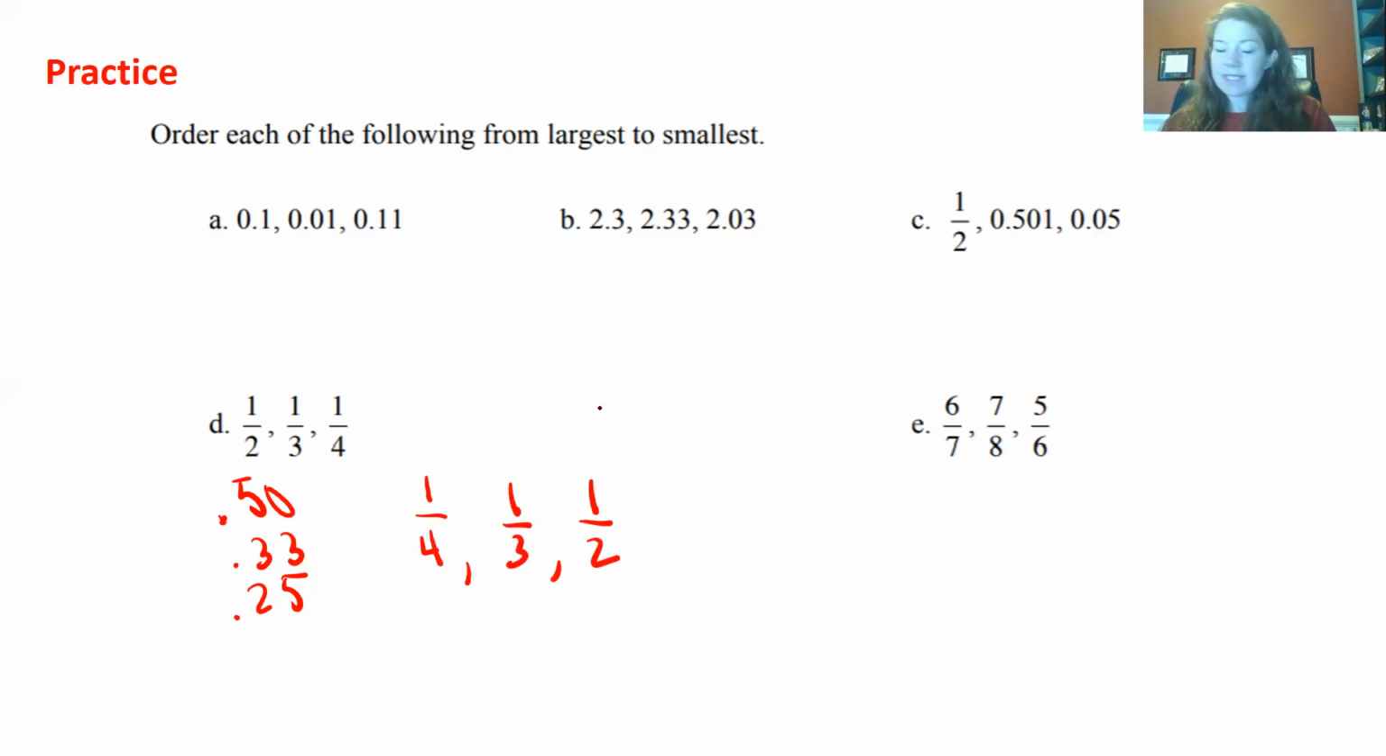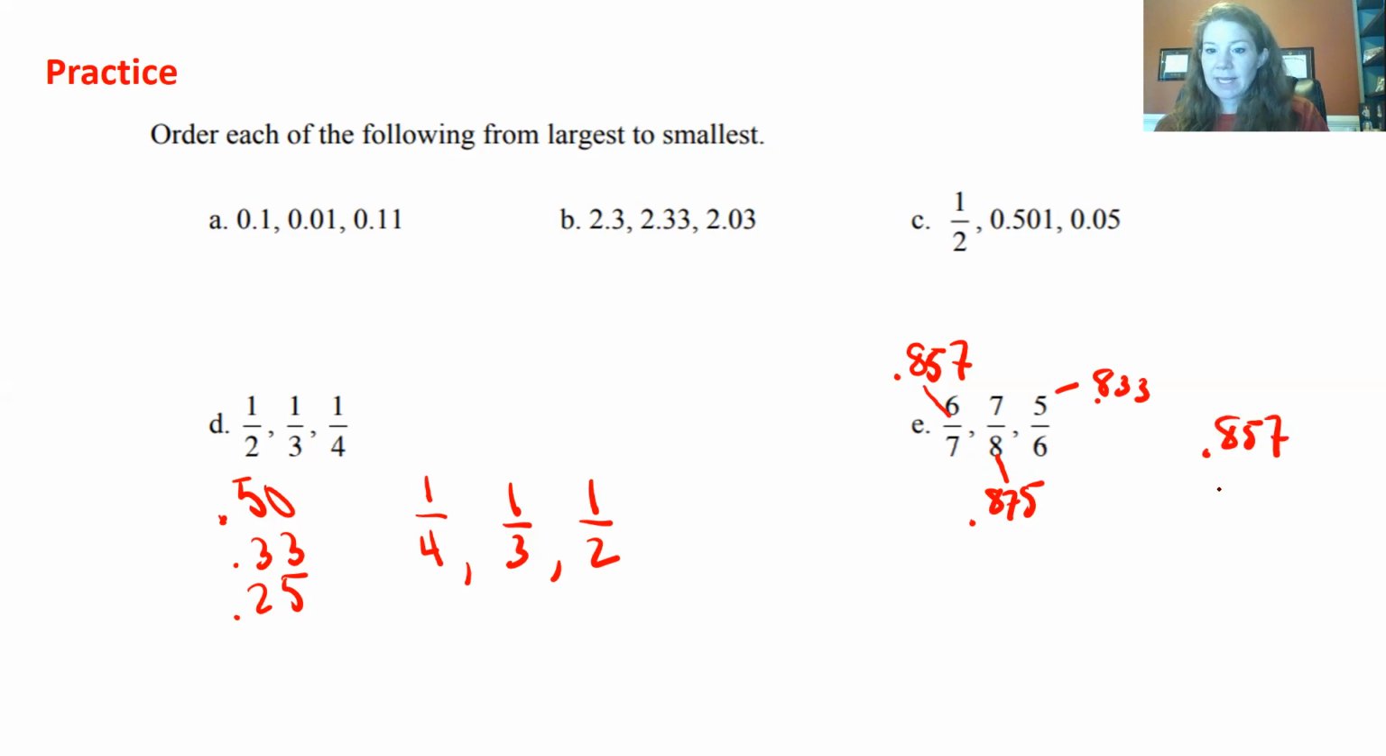Letter E, 6/7. I'm just going to divide 6 by 7 on my calculator. So 6 divided by 7 is 0.857. And then 7 divided by 8 is 0.875. And then 5 divided by 6 is 0.833. So then, since the tenths places are all the same, I'll write them this way so